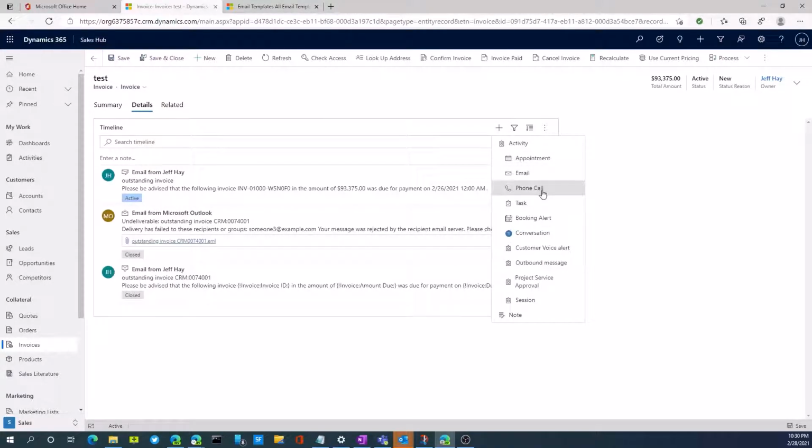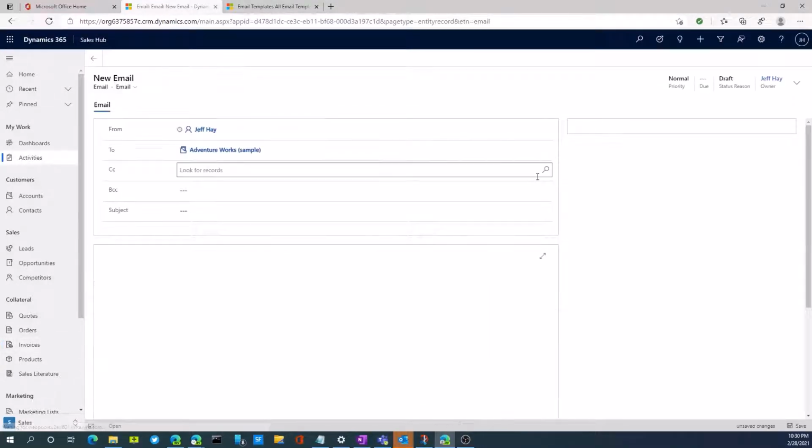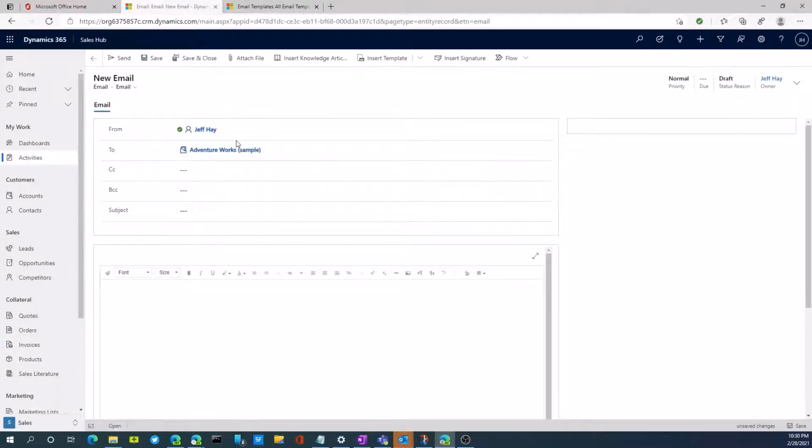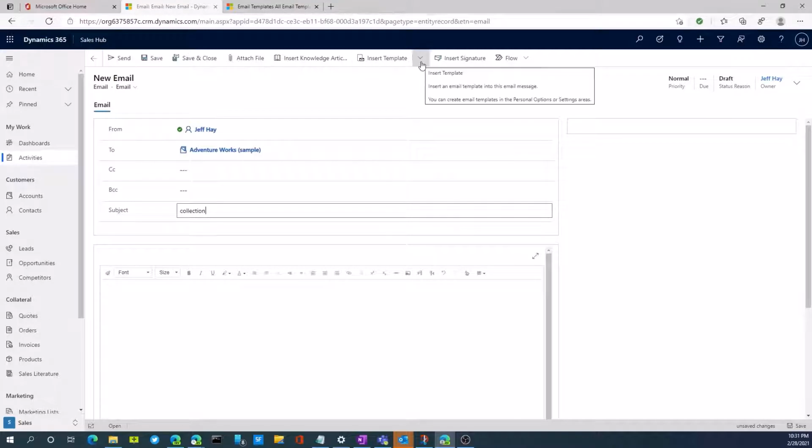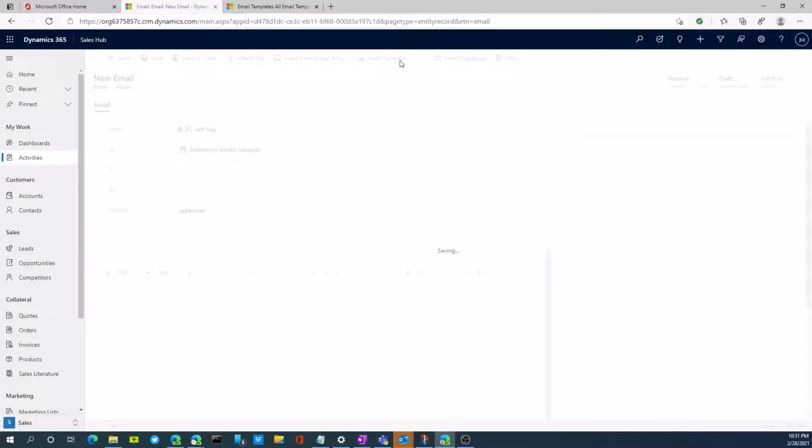Let's say we have an invoice that's outstanding, so I want to send an email to the customer. It automatically pulls up the associated customer for me. I can add a subject line, and we can also insert templates that we create. So if I go to insert template here,